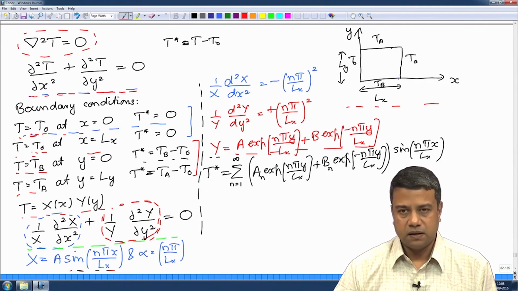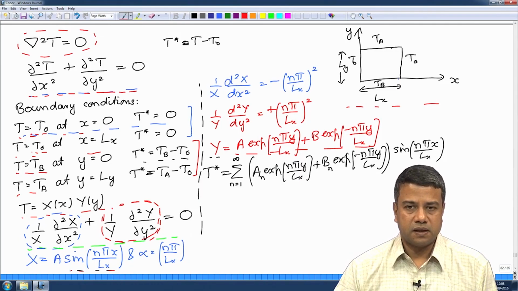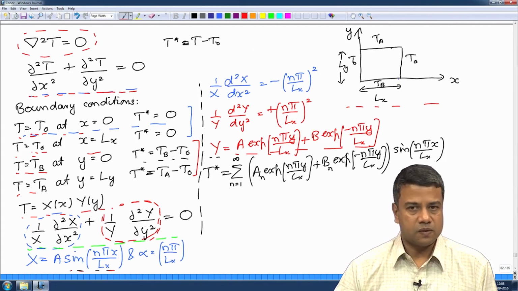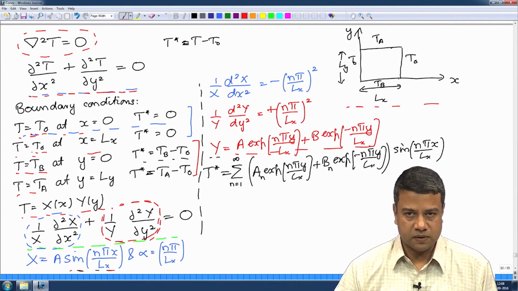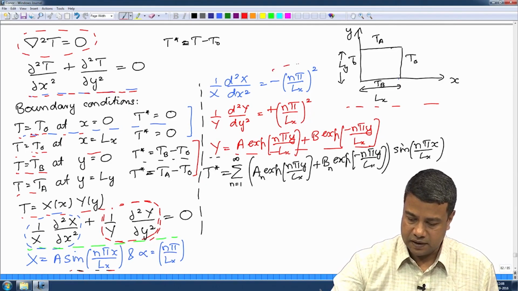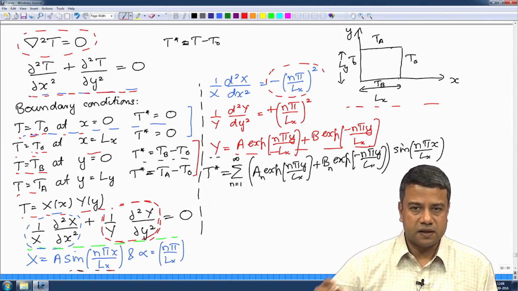Homogeneous boundary conditions are in the x direction. Therefore, you would expect the function X of x to be equal to 0 on both boundaries. Those are the homogeneous boundary conditions. That kind of a solution can be obtained only if the constant in the x direction is negative. If it were positive, I would have obtained exponentially increasing and decreasing functions,